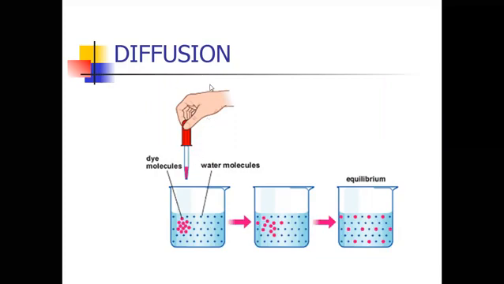So children, diffusion is explained by one experiment here. We take clean water in a beaker. Later we add one dye, a color drop, to the clean water in the beaker. What will happen after a few minutes? The dye, with its high concentration of molecules, can easily spread to the whole beaker